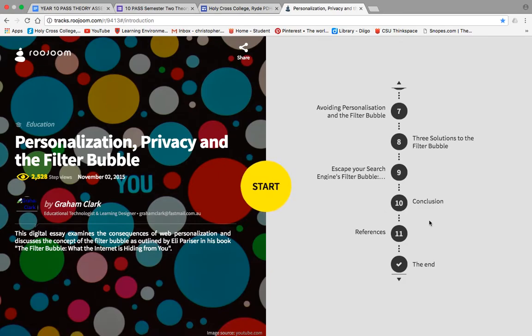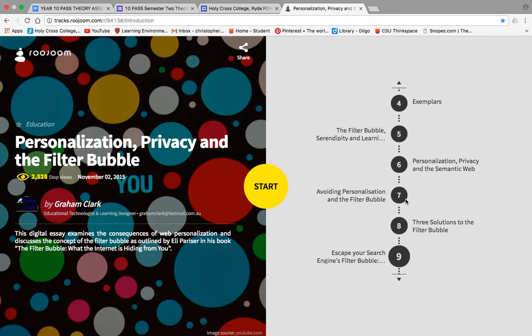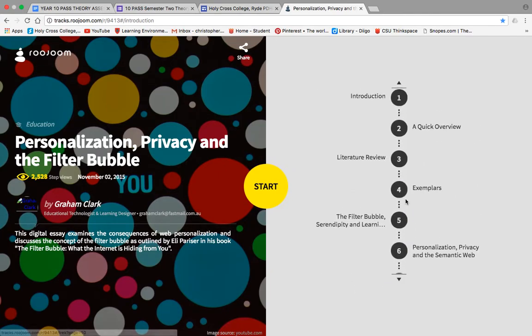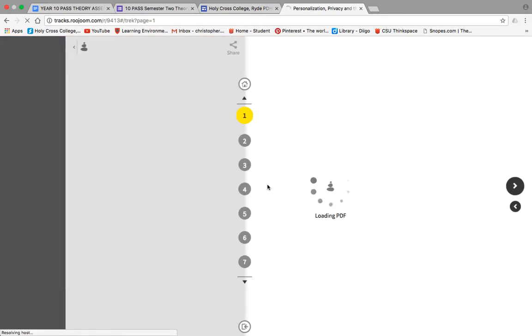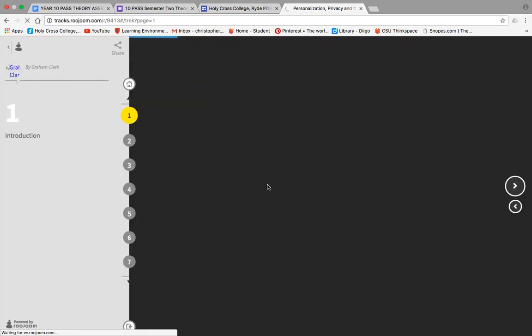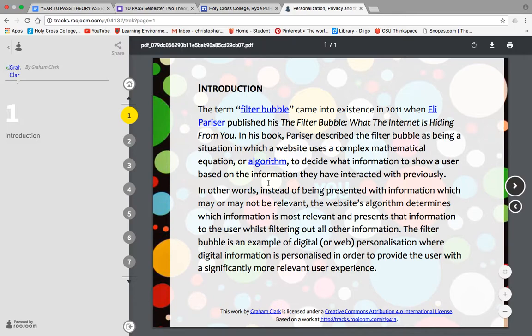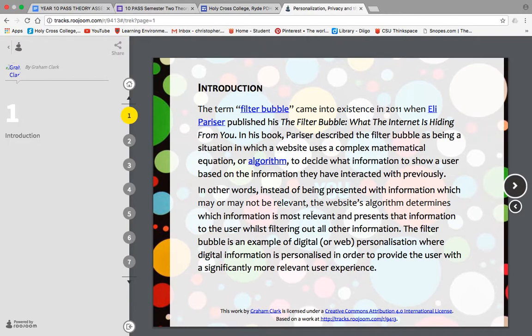And I will simply go through your assignment. It's like chapters really of your assignment. So if I press start here, you'll be able to see what things you can do, how you can present things. And you can be as creative as you want. As you can see, most of this is written format, which is still really important. So there still needs to be a written aspect of this.